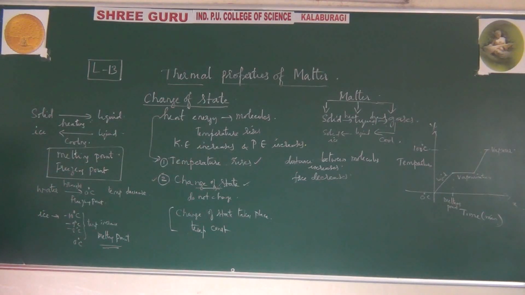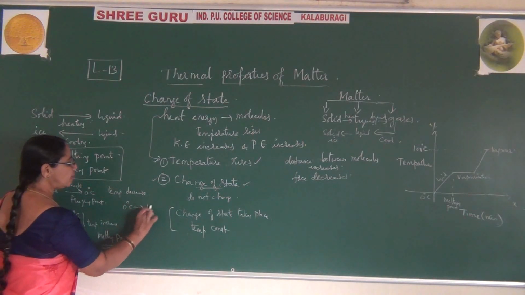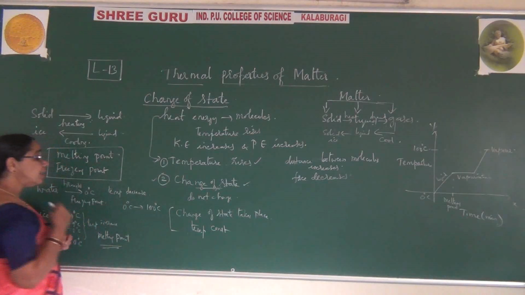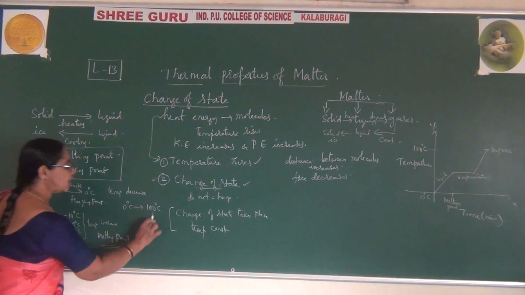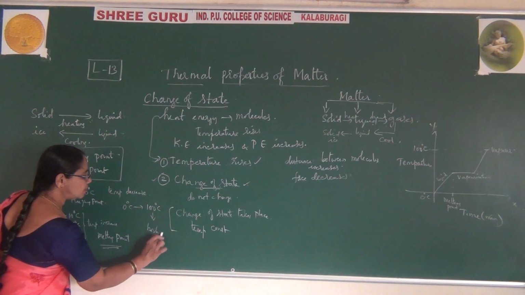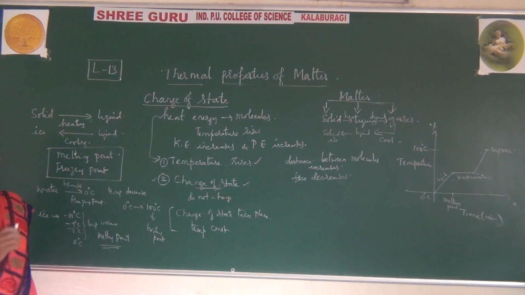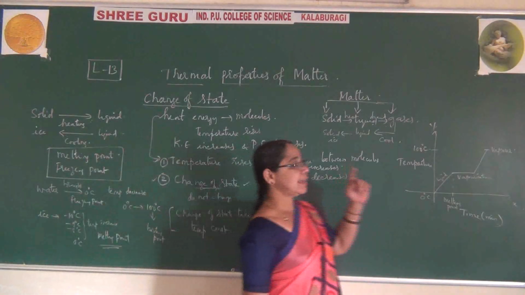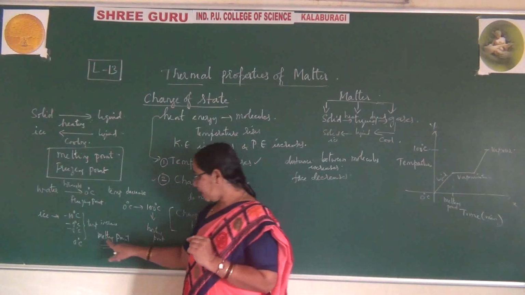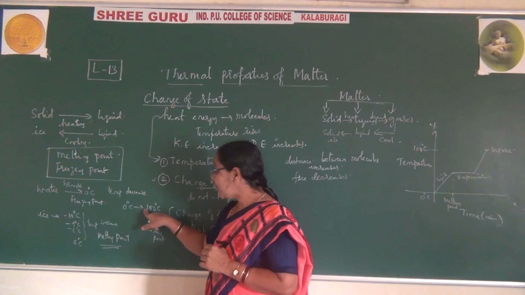When you want to talk about the boiling point, you are heating from 0 to 100 degrees centigrade, which means you are increasing the temperature. The water has attained the boiling point, and this point is called the boiling point of water. So here the temperature has been raised. Whenever the liquid changes from 0 to 100 degrees centigrade, the temperature has been raised.